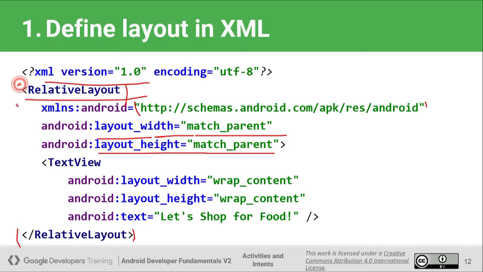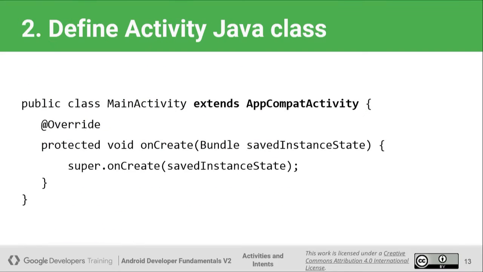First we define a layout in an XML file, and then we create an activity. So this is the second phase, which is called defining the activity Java class. This is the user defined class, and it extends from this. This is a single level inheritance, where we inherit a single class. This is a user defined class, and this is an already present, pre-built parent class. We extend our user defined class from this class, and we override its onCreate method. This method is also present over here, and we override it in our class.